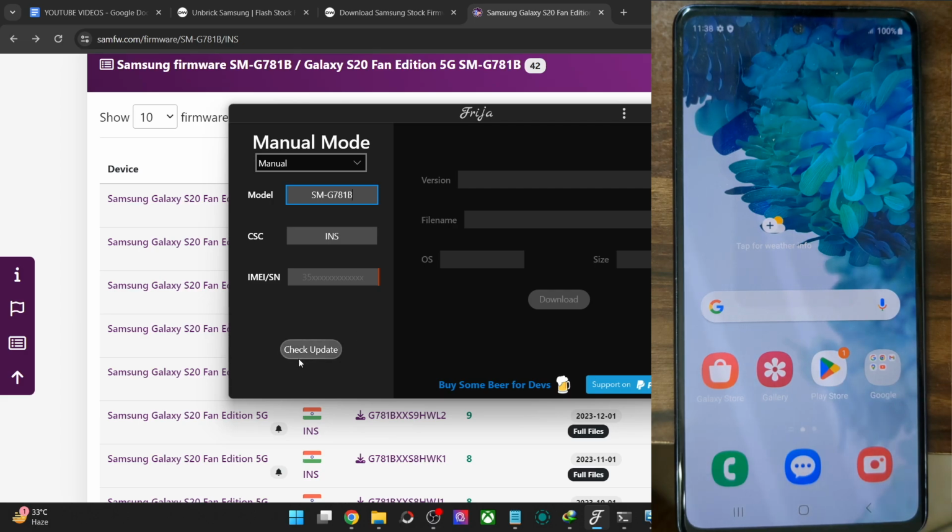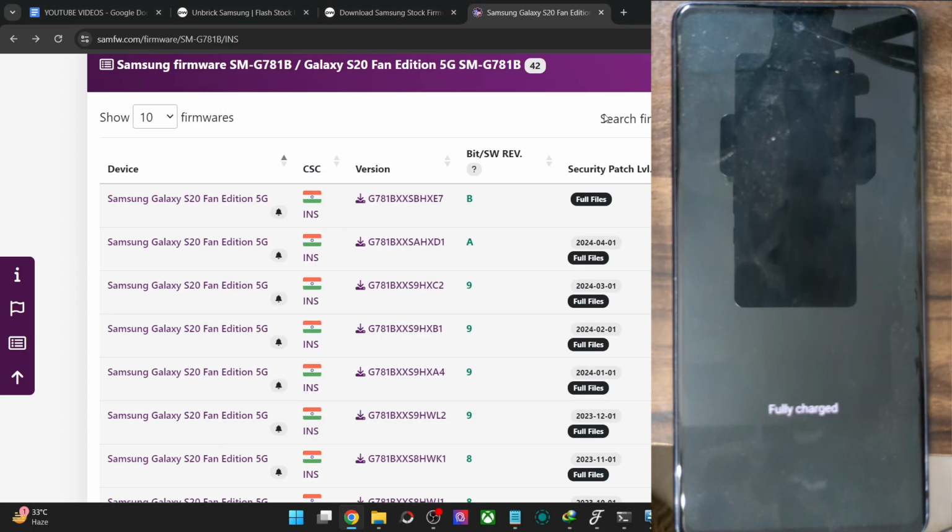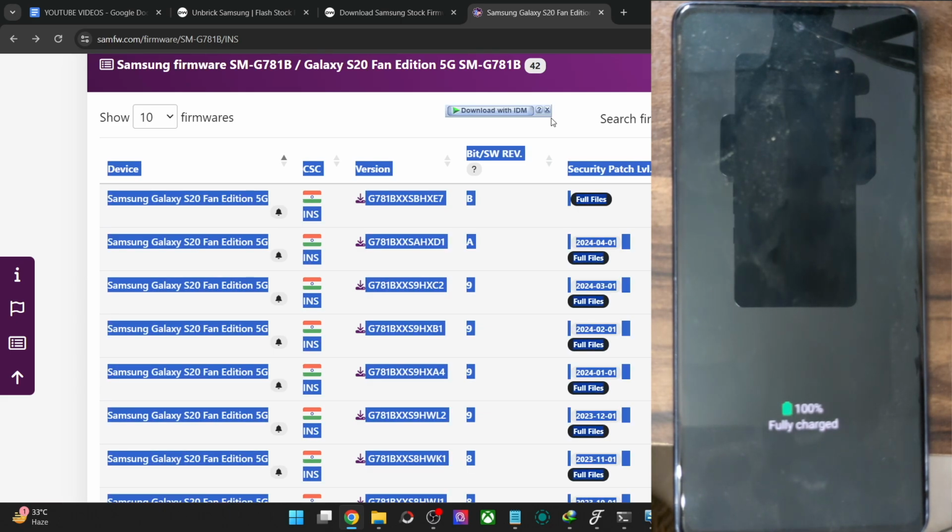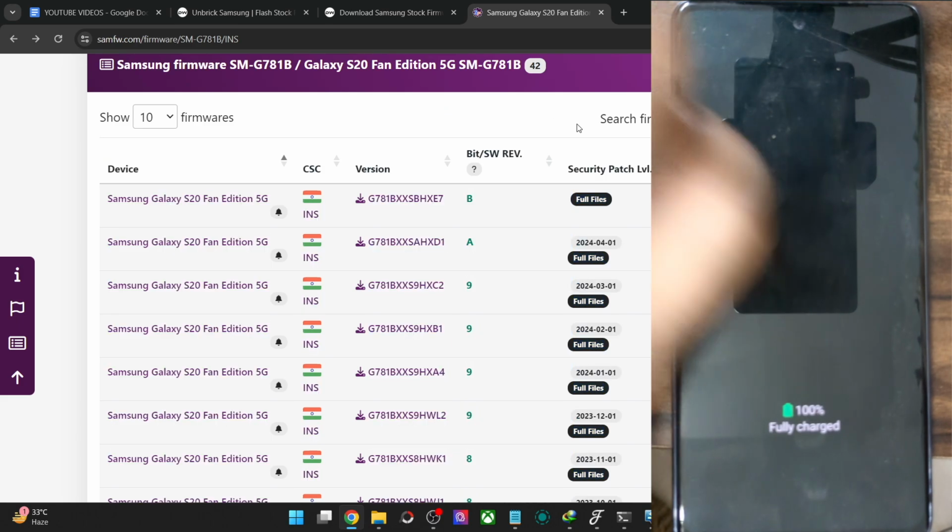And apart from that, in most cases, doing a normal OTA update will not require a factory reset. So you may flash the home CSC, but in rare cases, as you might have seen in my case, it required a factory reset. That is why I told you beforehand to take a backup of all the data, and if that happens, then you could either boot your phone to the download mode and flash the CSC file, or you may simply do a format data from the stock recovery as well, as I have shown you in the video. And after doing a format data, your phone will then boot to the OS.